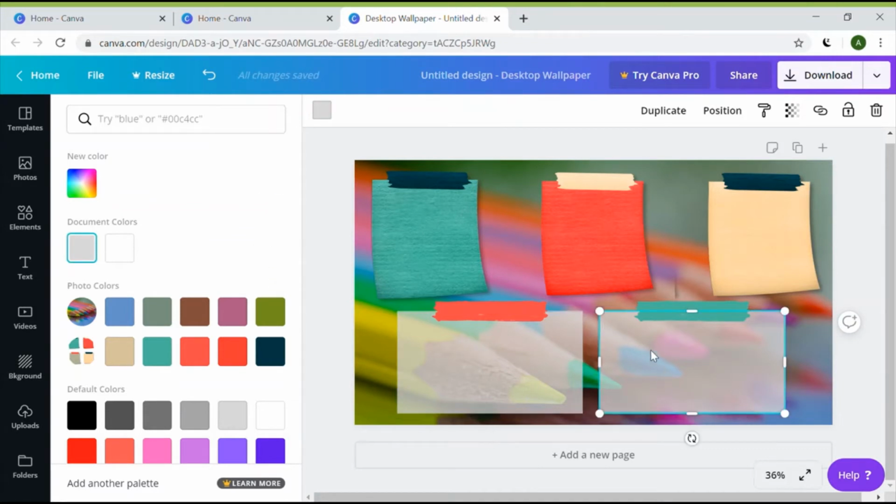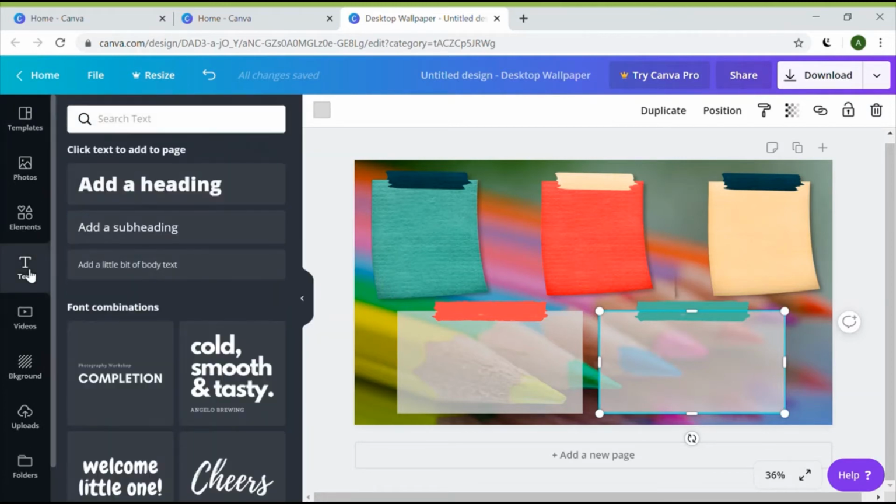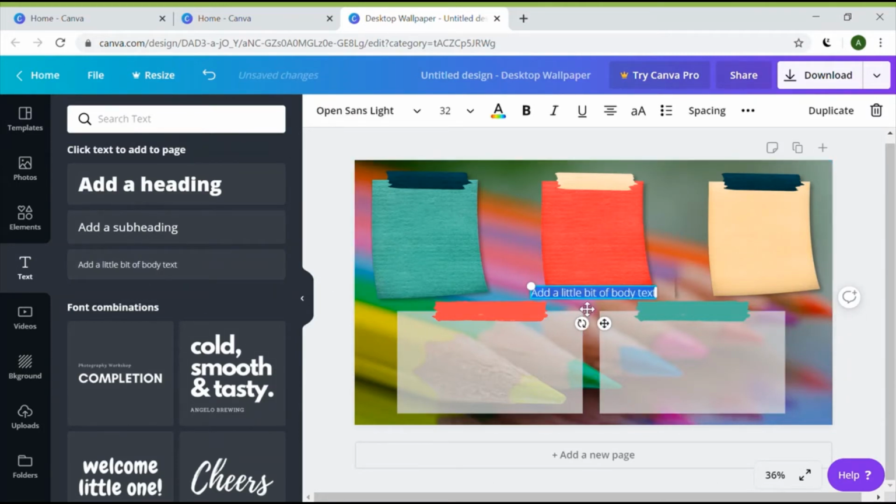Okay. Now, everything's looking pretty good here. We need to add some text. So over here, again in this menu, you are going to click on text. And we don't need anything really big here. We just want small bits of text to go on these labels. So I'm going to say add a little bit of body text. It'll show up right here. I'm going to click in that, select,